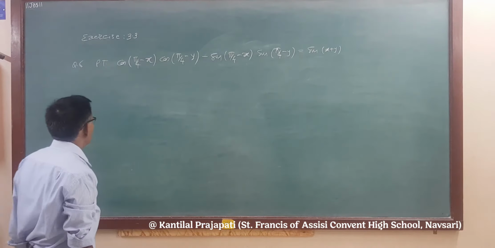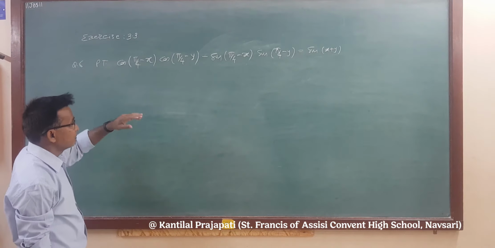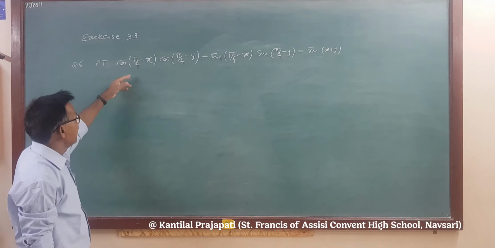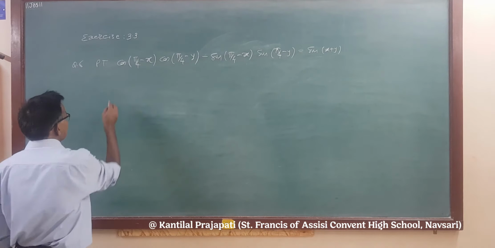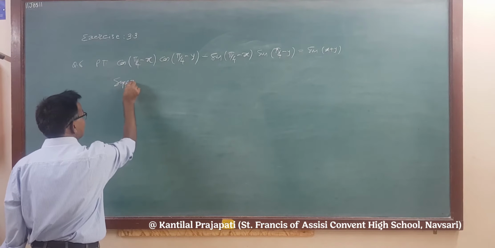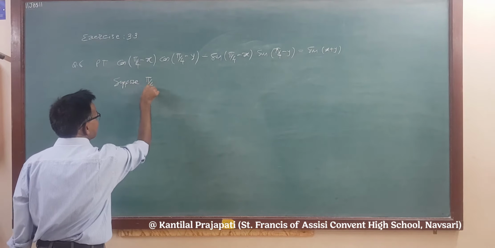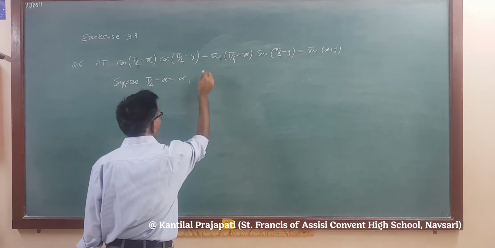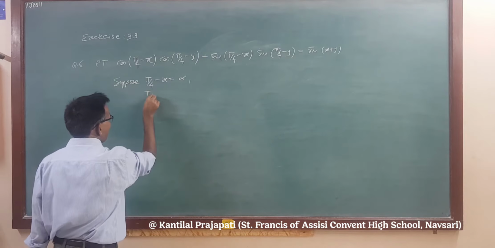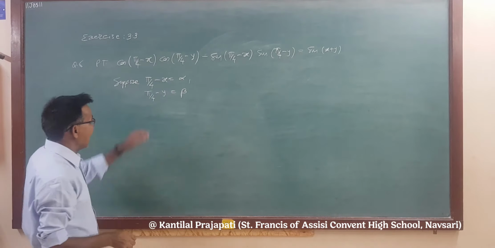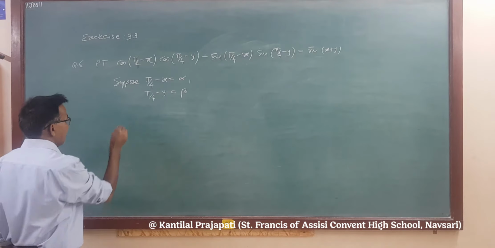Right. So see, we have to prove this. We have to apply the addition formula here. For convenience, we suppose pi by 4 minus x is equal to alpha and pi by 4 minus y is equal to beta. So by adding these two,